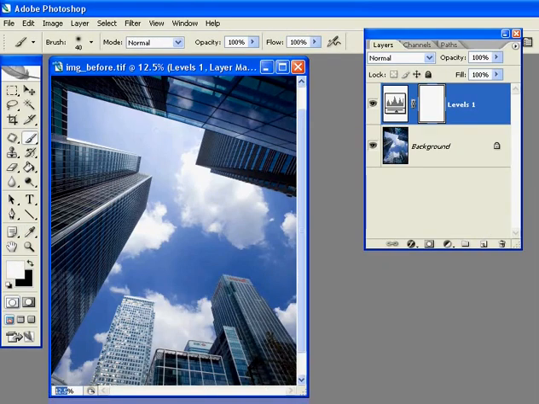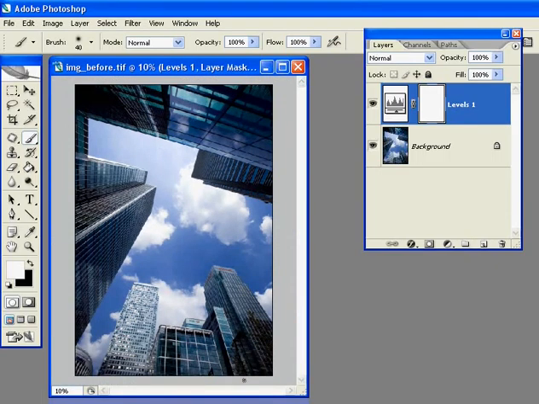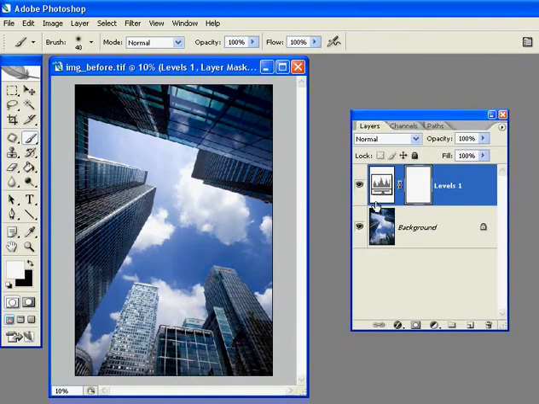OK the settings, let's just get this into view. So that's with our correction in place, and this is our original shot. It's a subtle difference, but you'll see that the greens in the screen and the glass here become much more vivid. The whites of the clouds are much cleaner. So that's just a simple little correction you can do using